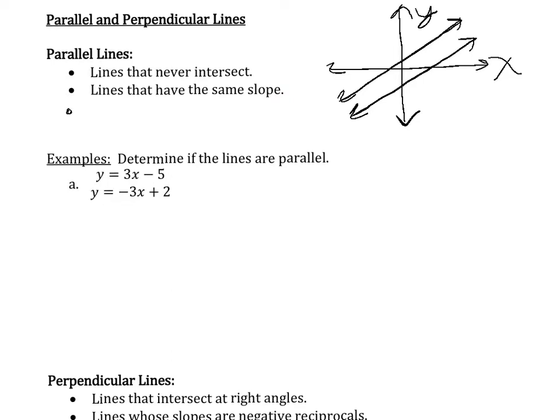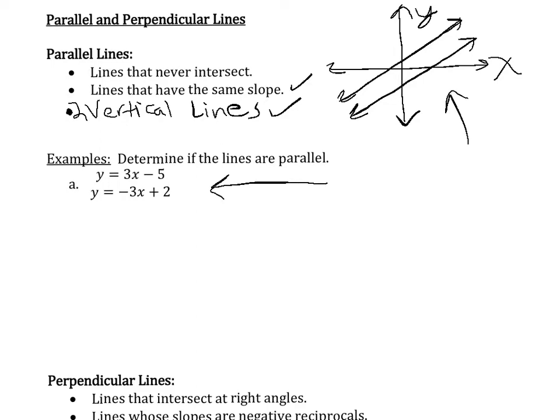since vertical lines don't have a slope at all, their slopes are undefined, you can also say vertical lines as well. And that takes care of the lines that don't have slopes. So if you have two vertical lines, then they don't have a slope, so this takes care of that option there. All right, and so what we want to be able to do is look at two lines not in the graphical form, but in the algebraic representation like these two lines here,